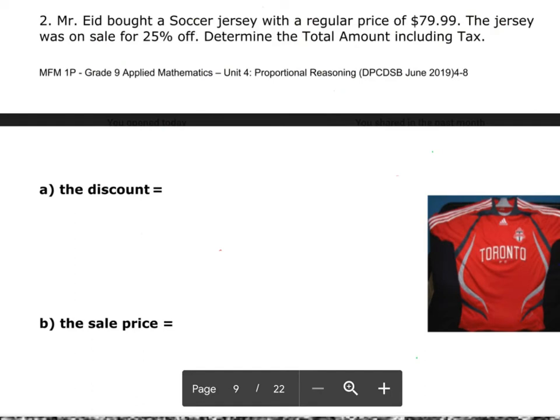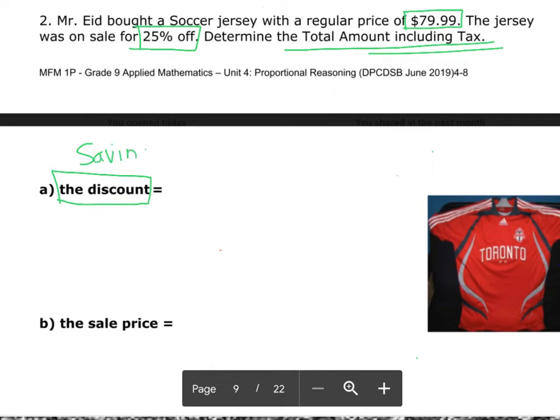So let's take a look at the next question. On page 9 it says, Mr. E bought a soccer jersey with a regular price tag of $79.99. So that's the regular price. The jersey was on sale for 25% off. Determine the total amount including tax. So first off, let's figure out the discount. So how much is he saving? So we're trying to figure out his savings. Okay, and how much he's saving is 25%. He's saving 25%. So we are trying to figure out 25% of